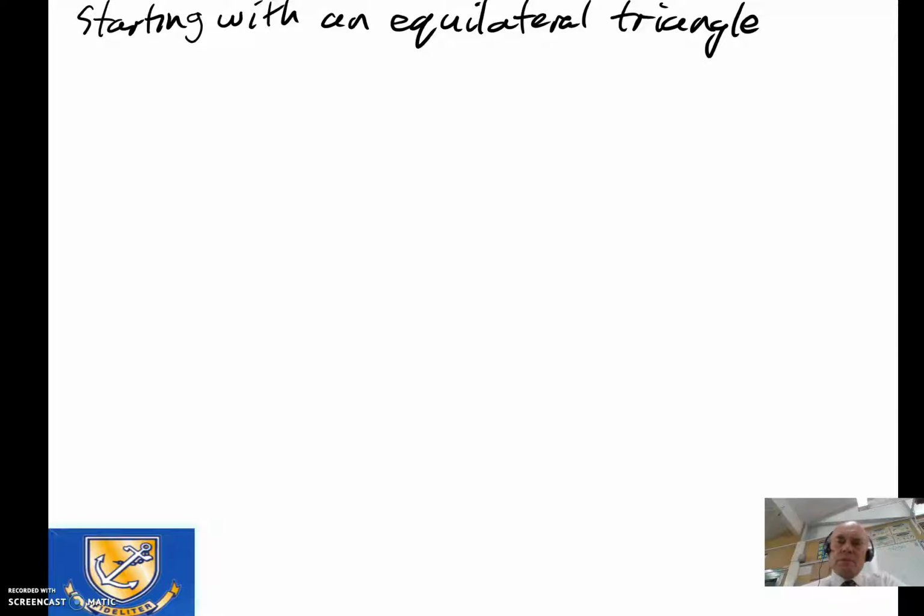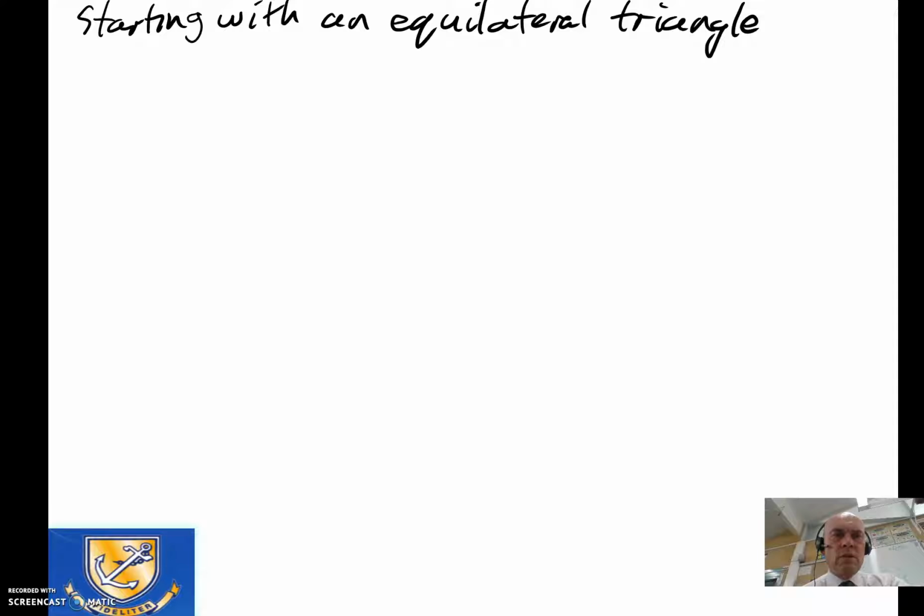Kia ora, hello. Some of my students would like to know how I can find the sines, cosine and tangent of angles without using a calculator. You can only do that with 0, 30, 45, 60 and 90, or with any ease anyway. In the previous videos I've done 0, 45 and 90. So what I want to look at here are 30 and 60, and a good place to start is with